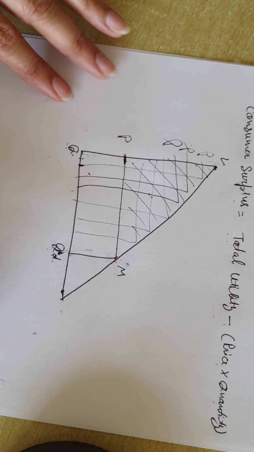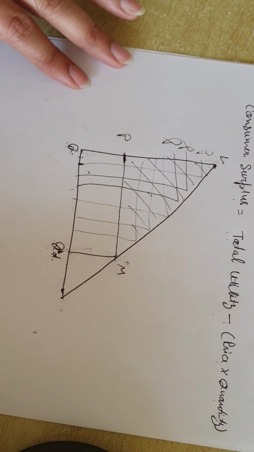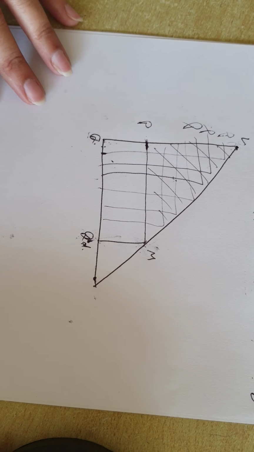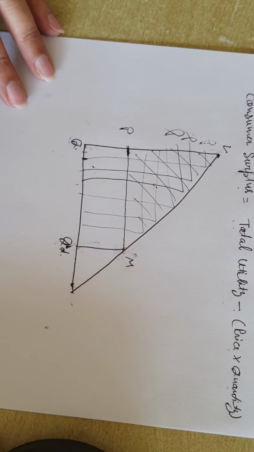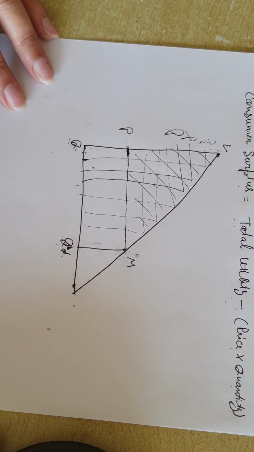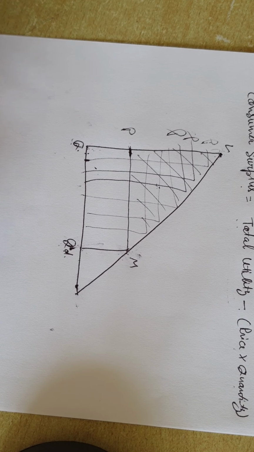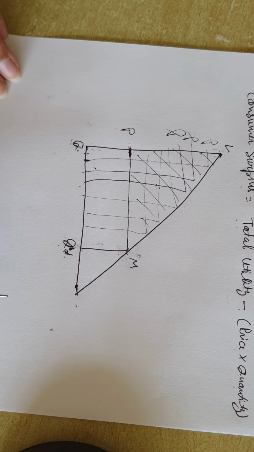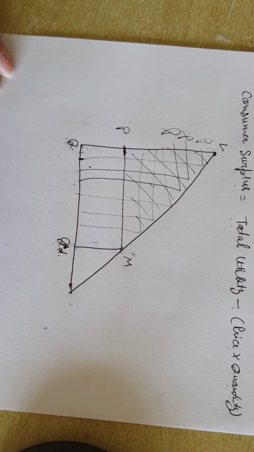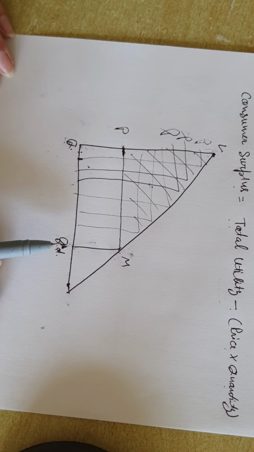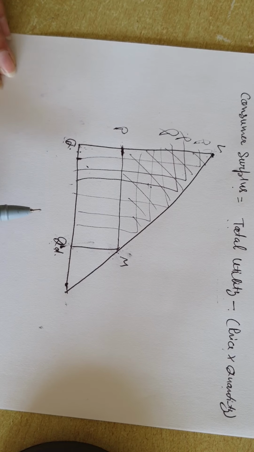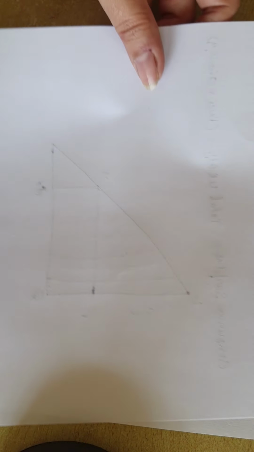This analysis is based upon the utility concept, and utility has many criticisms and many limitations, and it was assumed that indifference curve analysis is better than utility analysis. So we can also understand and explain consumer surplus with the help of indifference curves. This analysis is given by Hicks and Allen. So according to Hicks and Allen, we can explain consumer's surplus with the help of the indifference curve approach.